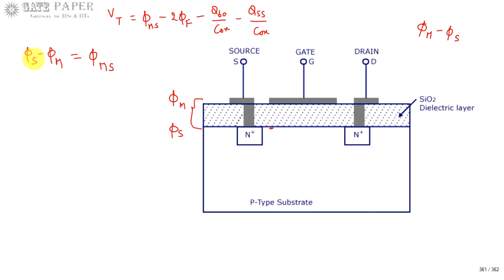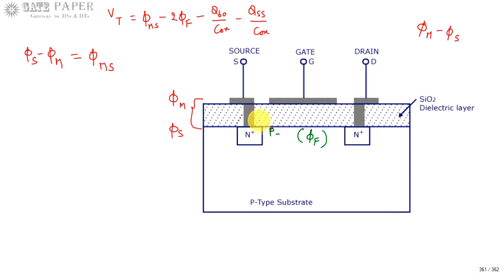Okay. The second one is nothing but 2 pi f. What is meant by this 2 pi f? If you observe, this is the channel region. Initially the channel region consists of p-type semiconductor, because it is a p-type substrate totally. Only this region and this region, that is the source and drain regions, are n plus, and all others are going to be p-type only. So p-type has a Fermi level, which let us assume is pi f.